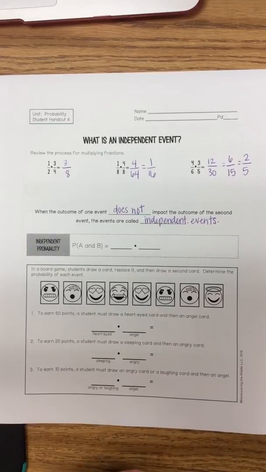So that means what they would be talking about is if I were to have a bag of marbles, and I've got 6 green marbles and 6 blue marbles. So if I have a bag of marbles and I were to pick one marble out and I get a green marble, okay, then that green marble that I pick out doesn't impact the probability or the outcome of the